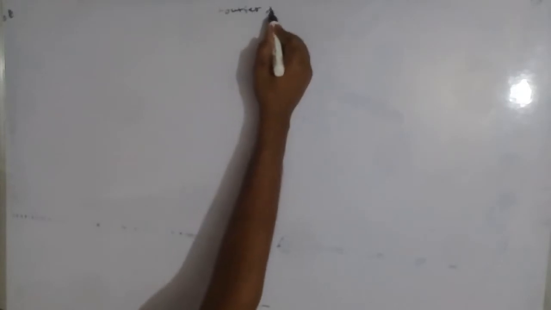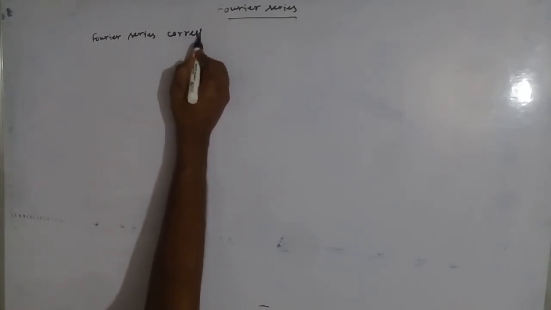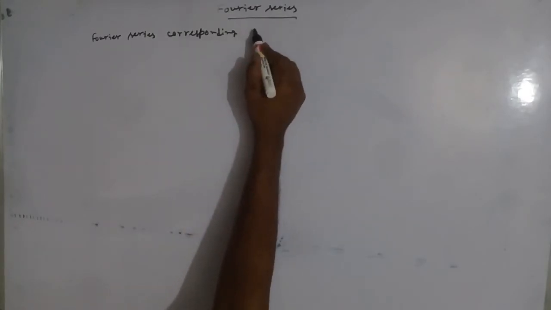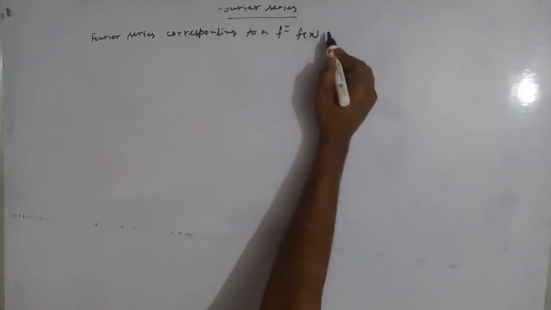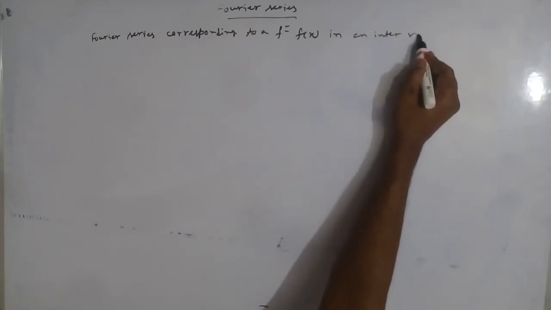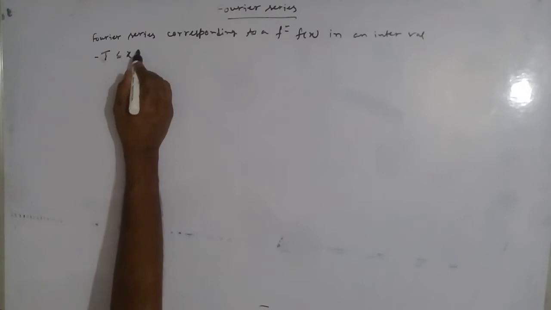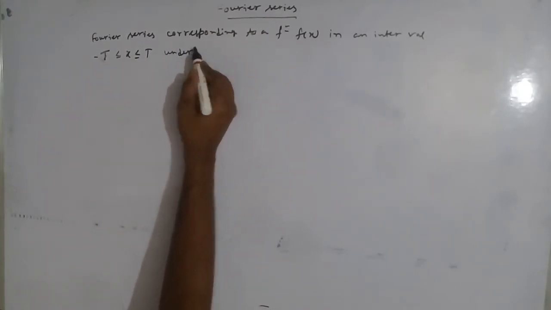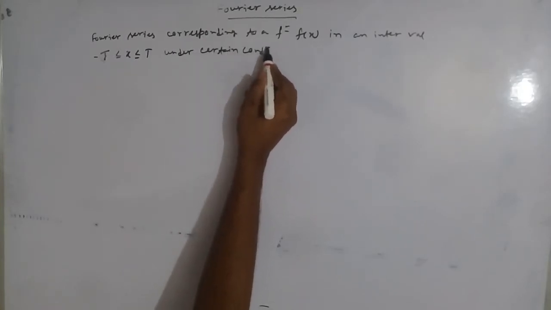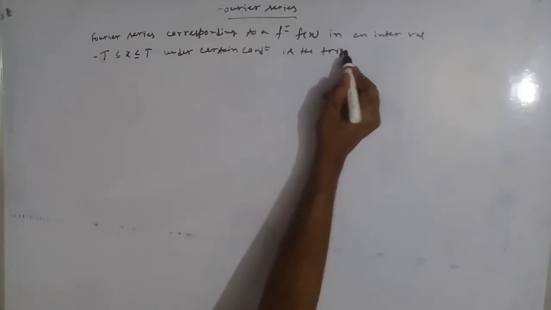In this video, I will discuss Fourier series. So the definition of Fourier series: the Fourier series corresponding to a function f(x) in an interval minus t less than or equal to x less than or equal to t, under certain conditions, is the trigonometric series of the form